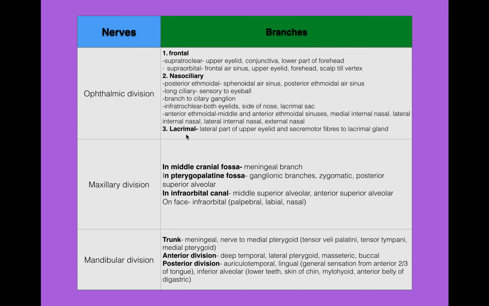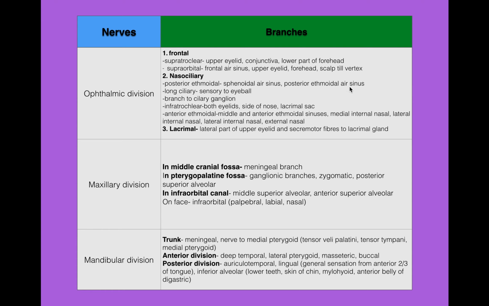So the frontal branch gives off the supratrochlear nerve, which innervates the upper eyelid, the conjunctiva, and the lower part of the forehead. And then we have the supraorbital nerve, which innervates the frontal air sinus, the upper eyelid, the forehead, and the scalp till vertex. And then the nasociliary branch gives off the posterior ethmoidal nerve, which innervates the sphenoidal air sinus